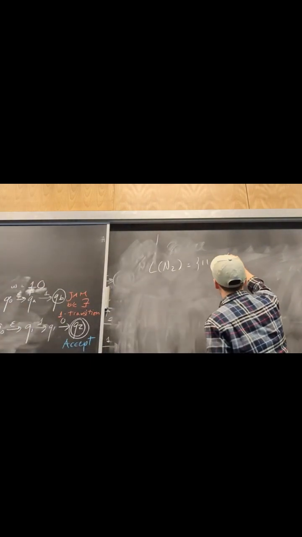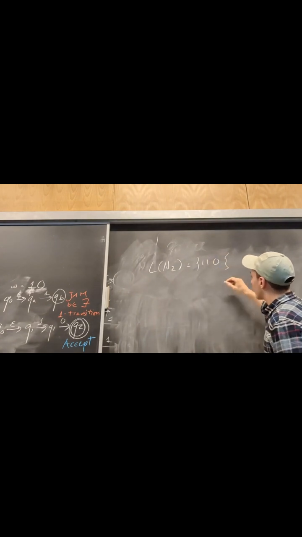And because you know that when you start here, you're reading no zeros. So you start with an even number of zeros here. But then you read a 0, so now you have an odd number. Then you go back, so you have an even number. Then you go back, so you have an odd. So you only go to here when you have an odd number of zeros, right? And it doesn't matter if you have an even or odd number of ones. You always stay at the same place with the ones. Okay? So what that means is the language accepted by N2 is 110,